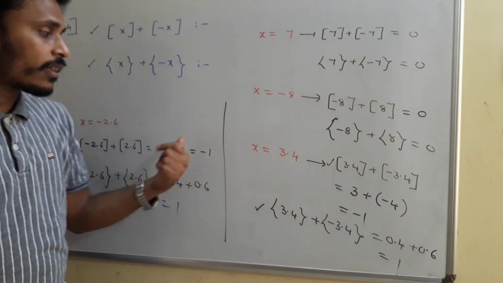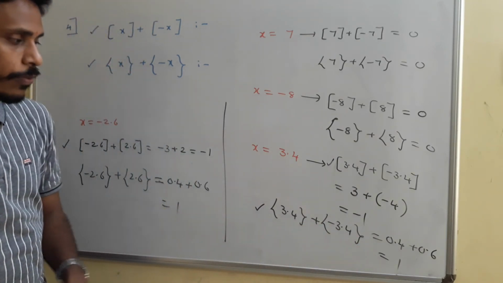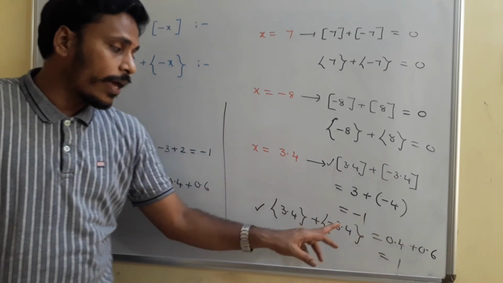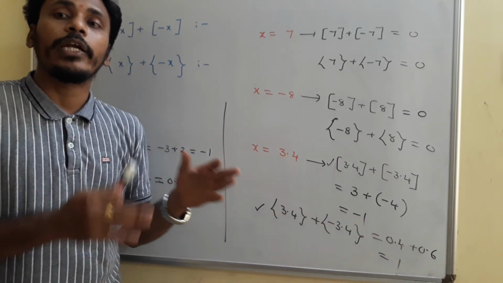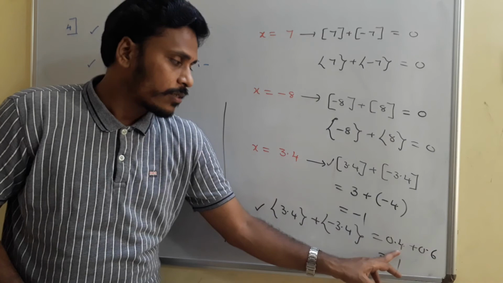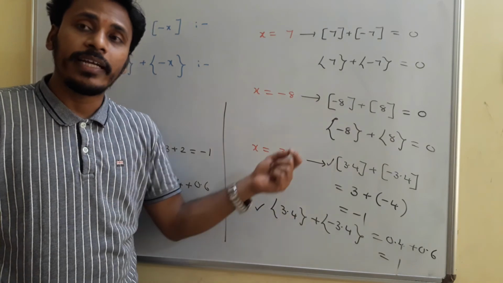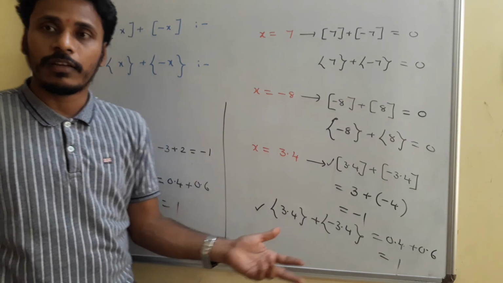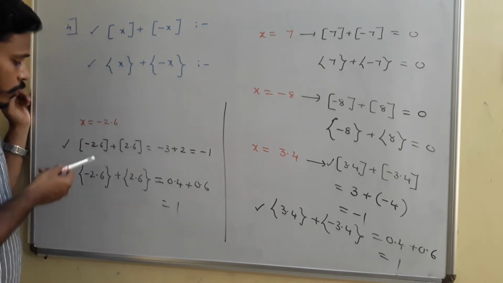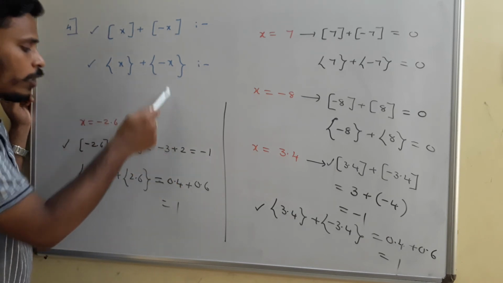And if you take 3.4 in the second one, fractional part of 3.4 plus fractional part of minus 3.4. See, the fractional part of 3.4 is 3 plus 0.4, directly 0.4. And whereas fractional part of minus 3.4, you need to write it like minus 4 plus 0.6. From there the fractional value is 0.6. Sum of their fractional values is 1. Right. So calculating the fractional values and integral values, everything I mentioned in the previous class itself. Okay. And now whereas coming to this case, replace x equal to minus 2.6. So its floor value is minus 3, its floor value is 2 and you have minus 1. Whereas in the second case for the fractional values the value is 1.